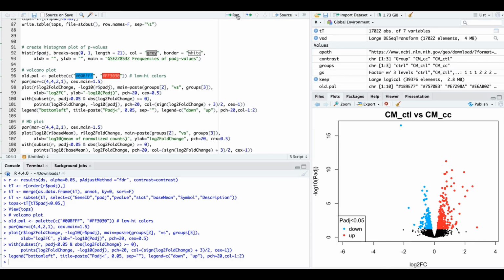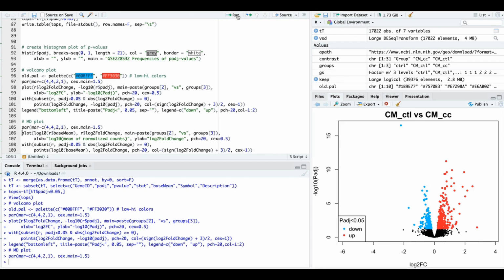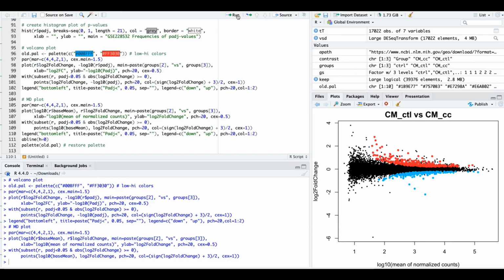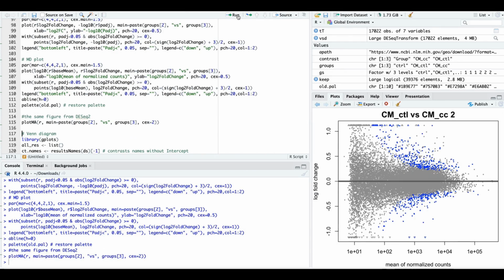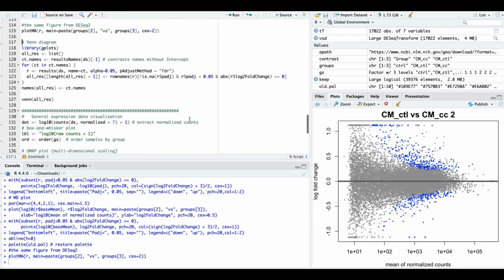Then MD plot, which is other way of showing the same differential expression results in another scales. And authentic mdplot is plot MA in DESeq tutorial like this. So you have two. Venn diagram I would skip,